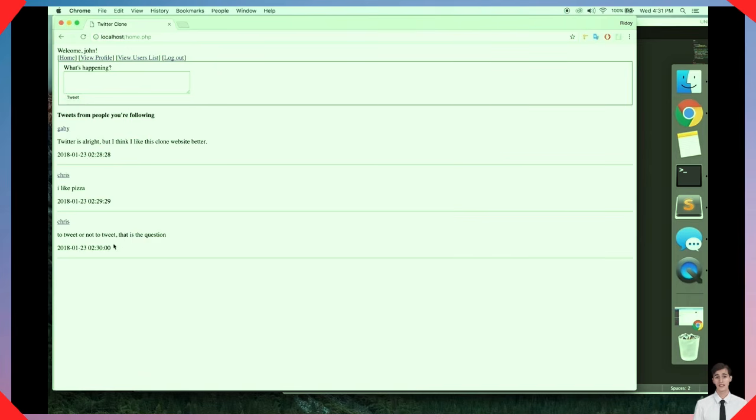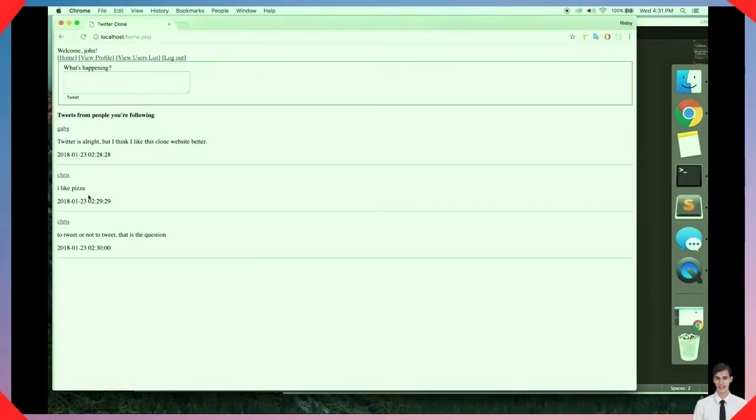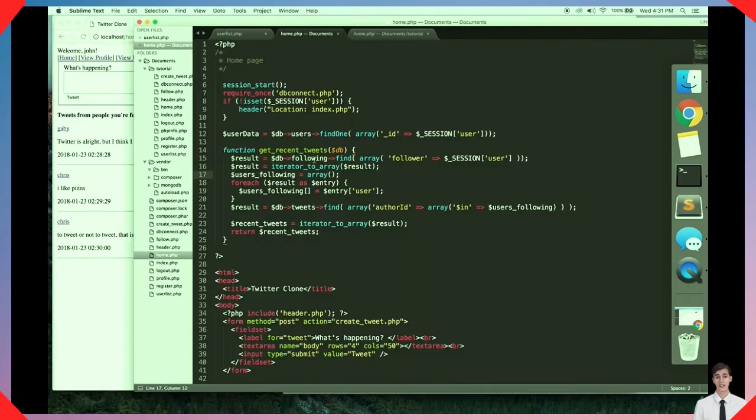You'll see that the tweets are not in most recent order. So like the most recent tweet is at the bottom here. What you may want to try to do is in your code, when you're making the call to the database, well, you want to look up the PHP Mongo documentation, and you want to figure out how to sort by the date, and then also maybe you want to just get the 10 most recent tweets instead of all of the most recent tweets. So that's one idea for a quick and easy improvement to